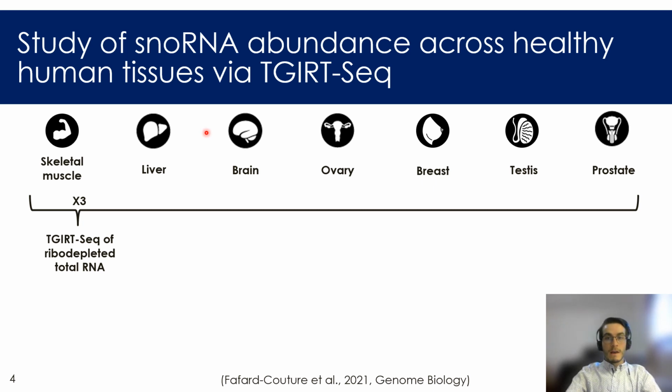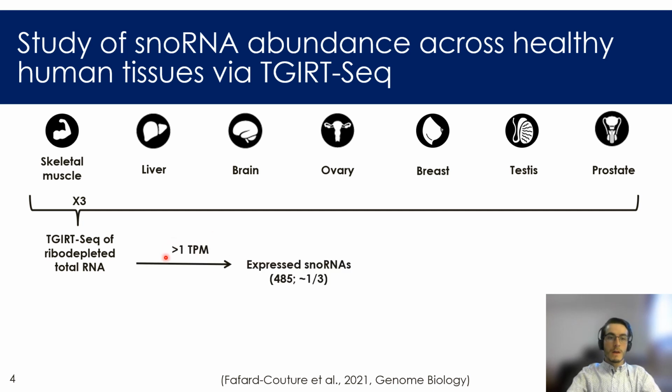We recently generated several RNA-seq datasets using a thermostable reverse transcriptase called TGIRT, which helps to reverse transcribe highly structured RNAs such as snoRNAs. So we generated these TGIRT-seq datasets in 7 healthy human tissues, as you can see here. And what we found in that study is that